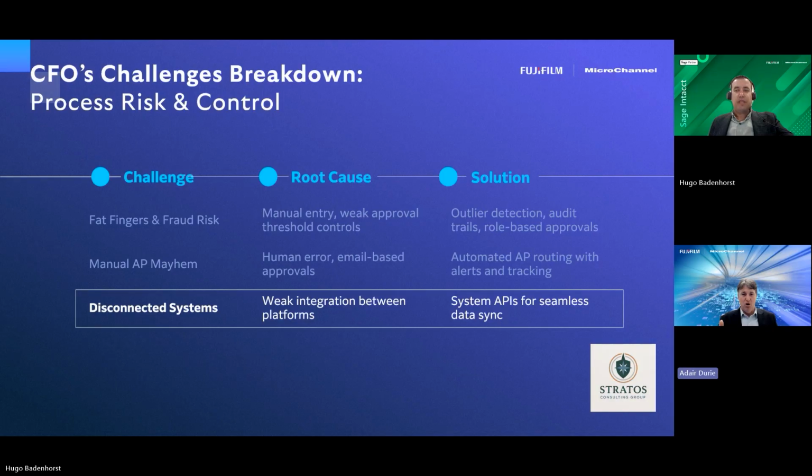To extend upon that, take away the manual entry, take away those areas where risk can slip in, where your controls can fall down. Disconnected systems is a huge thing. So many of our customers we see have what we sometimes call a swivel chair integration, right? One person getting data from one system to another.